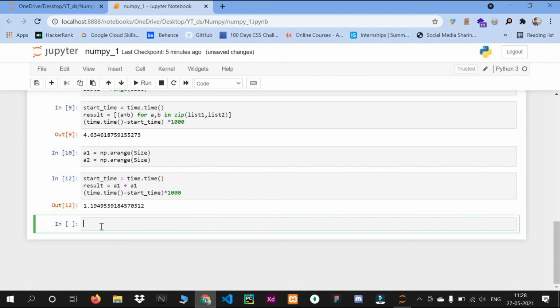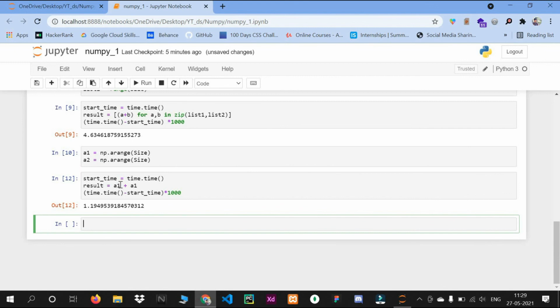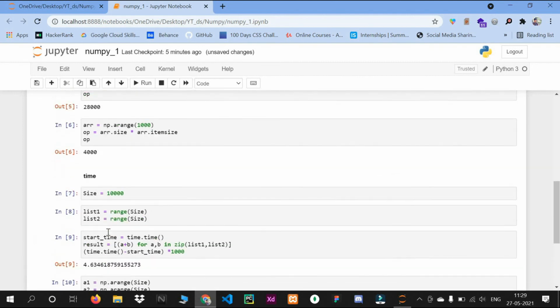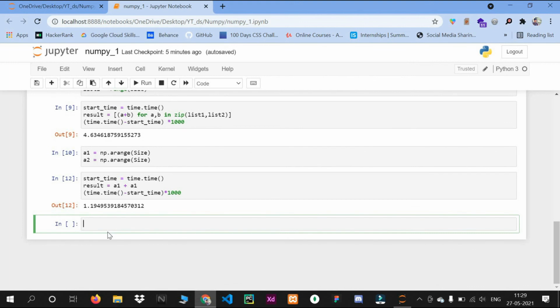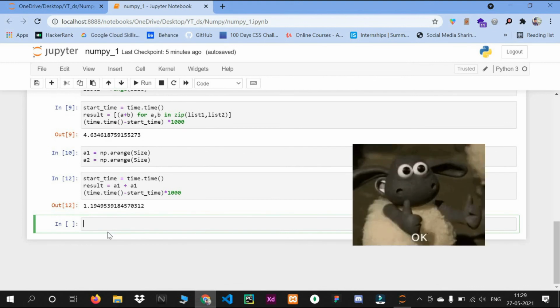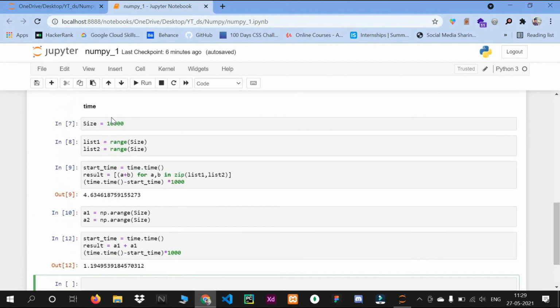Convenient means we can do anything with NumPy, like we did here. We can add, we can subtract two arrays easily, we can multiply, we can do anything with NumPy. We will see more about this in the next video. I just wanted to tell you why NumPy is used. So start using NumPy. It is really simple to use and fast, takes less time, and you will see the results of this.